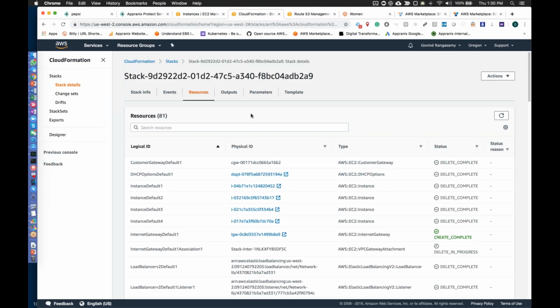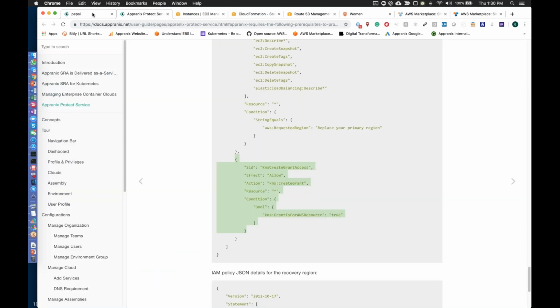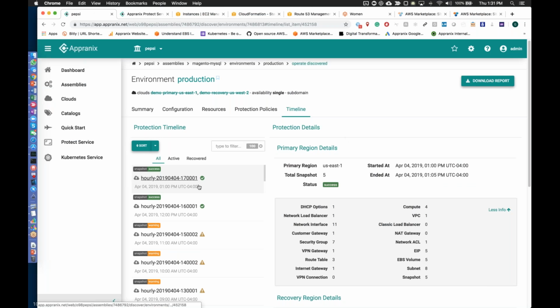I will also show how the CloudFormation stack itself works, in the sense of how we are driving the CloudFormation stack through AWS native mechanism. I'll also show you that. And let's go ahead and recover the system at a particular point in time. In this particular case, let's do the recovery at 1 o'clock Eastern time.